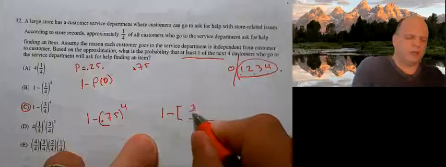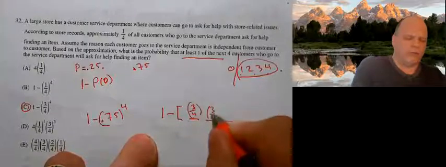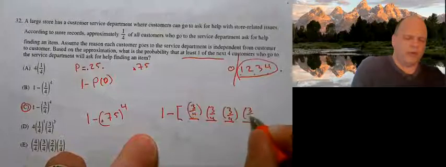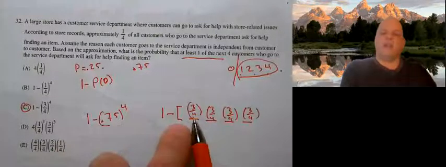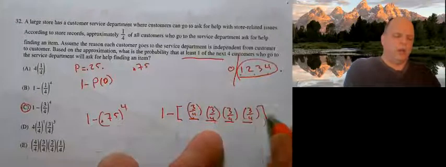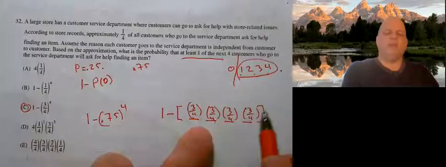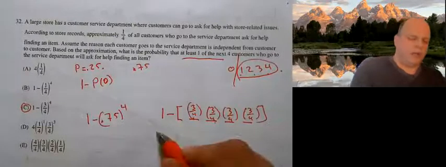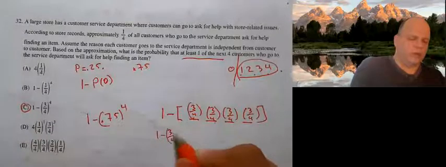And this is 3/4, 3/4, 3/4, and 3/4, because they don't want help, they don't want help, they don't want help. And 1 minus the probability of none of them wanting help is going to be 1 minus 3/4 to the